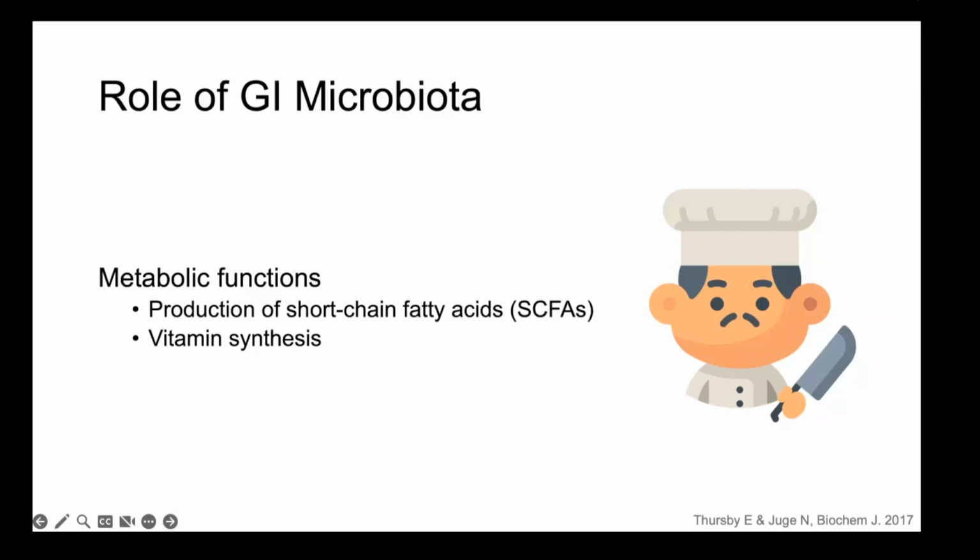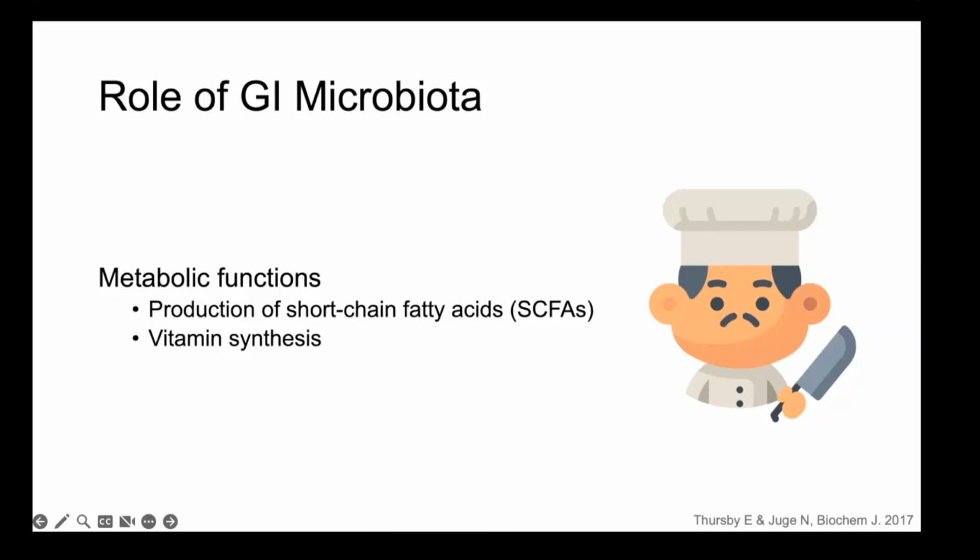fatty acid. And these short chain fatty acids are absorbed by epithelial cells in the GI tract, and then they're involved in the regulation of cellular processes such as gene expression, chemotaxis, differentiation, proliferation, and apoptosis. So they really play a lot of essential cellular process roles. The GI microbiota, or bacteria in the gut, also play a crucial role in the de novo synthesis of essential vitamins, which the host is incapable of producing. Lactic acid bacteria, for example, are key in the production of vitamin B12.